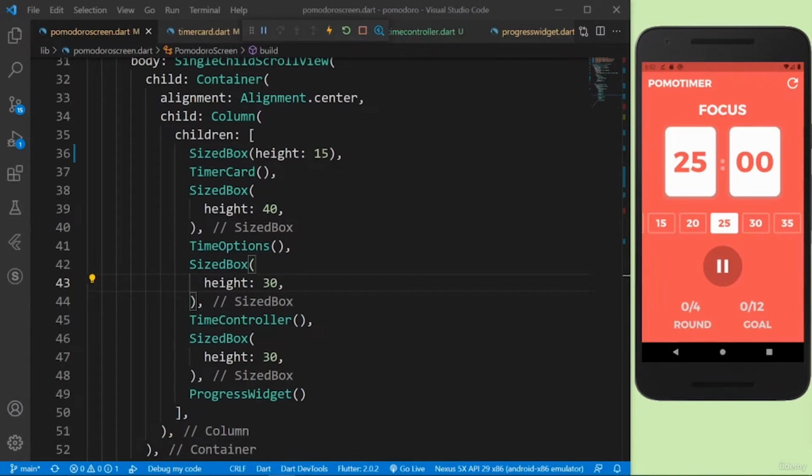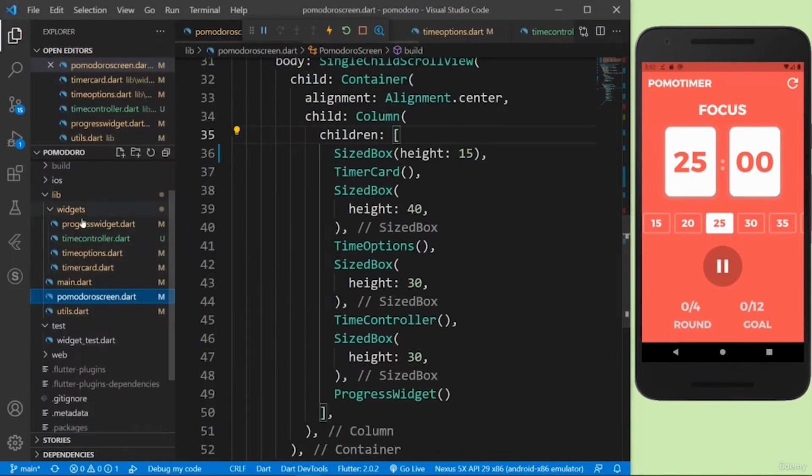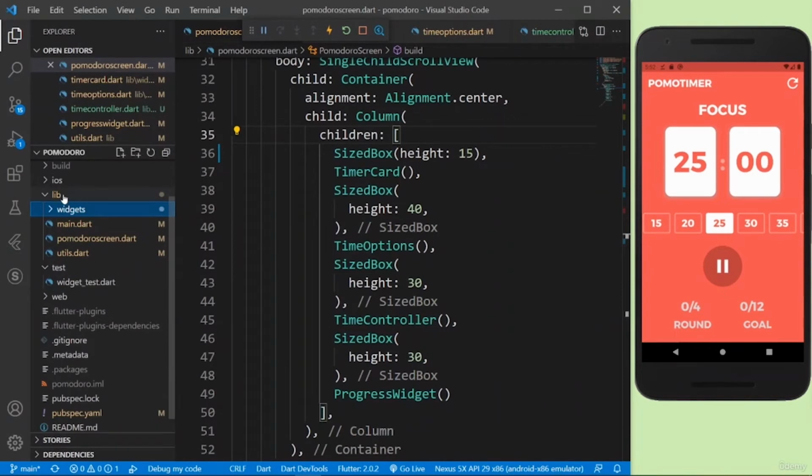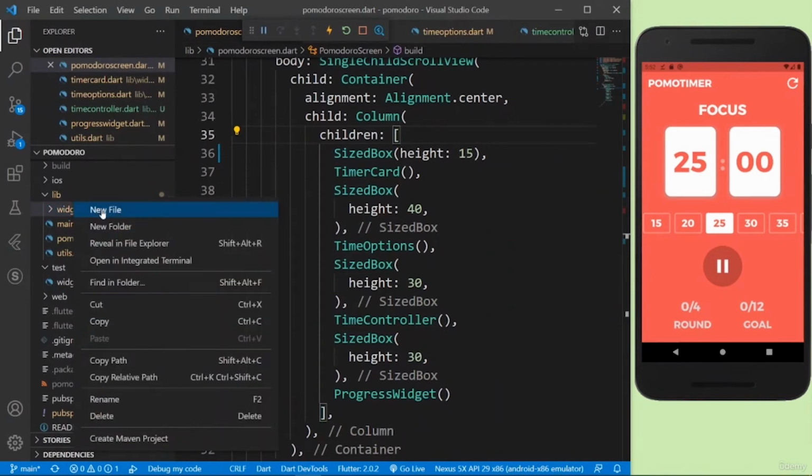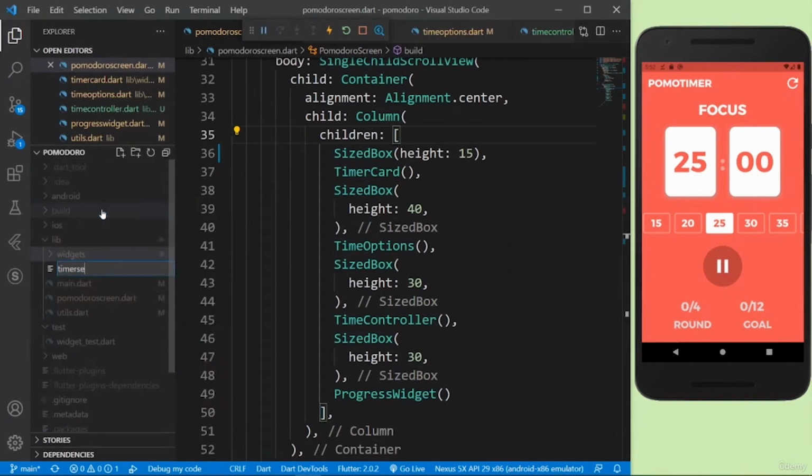So let's actually deal with the selectable options here. Let's implement this one before we implement the timer. Let's create a service file where I have my state with a change notifier. So I create in the lib folder a timer service file,